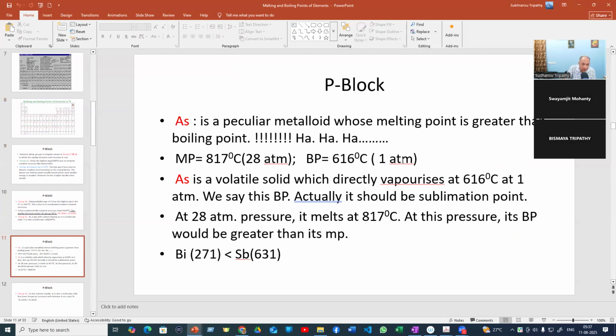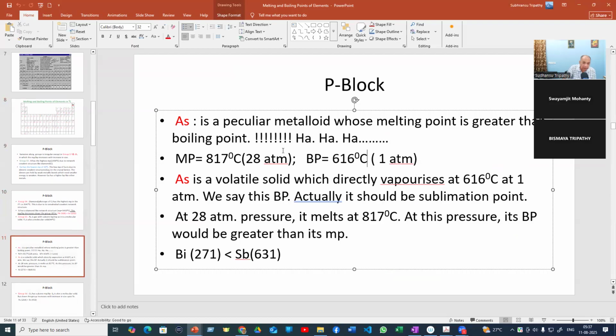Actually, at 1 atmosphere, it vaporizes directly. It is volatile. The boiling point is 616. And oh no, my memory failed. It's 28 atmosphere. If you want to see the liquid state of arsenic, then the external pressure, the air pressure, should be increased to 28. Then at that pressure, as you increase the pressure, the melting point will increase. So it is